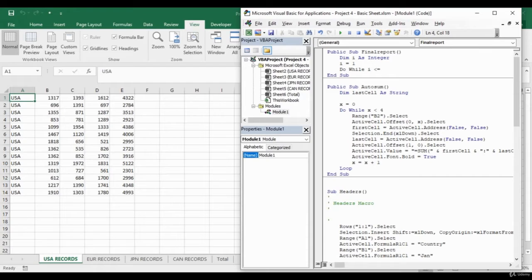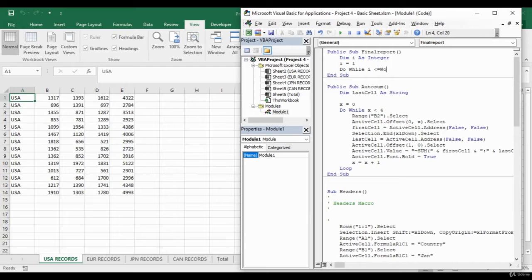What should be the value? Take a guess. It should be 4, right? So 1, 2, 3, 4. What if we have 5 or 6? Do you have any idea? No, right? So you can use something called worksheets.count. We have already seen this in the last video, but here we have a change. Here we have a total sheet, and we should not consider it in the count.